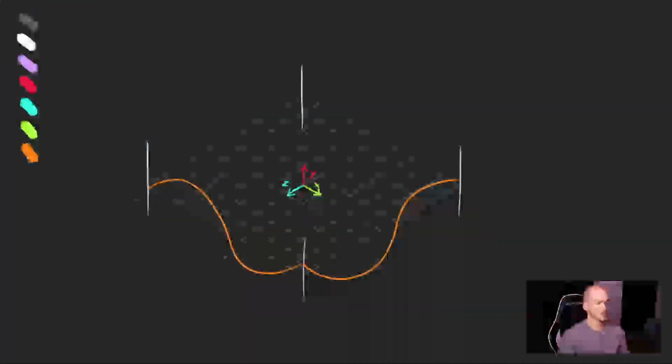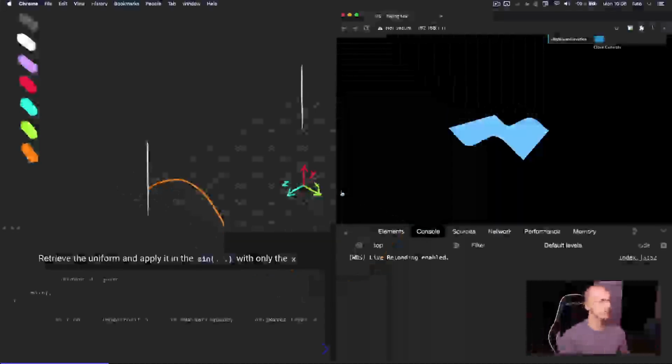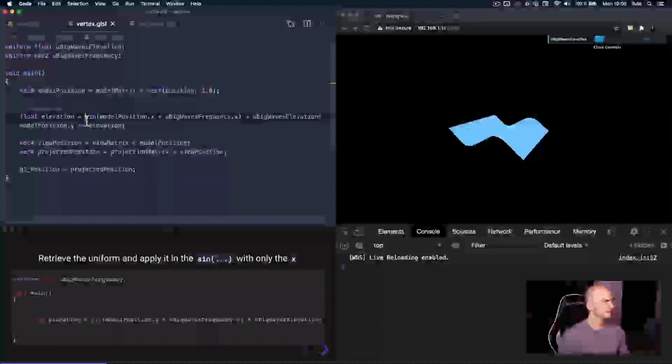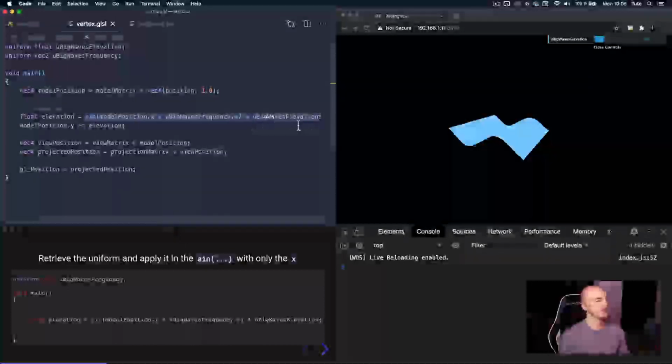As I said, currently we only have the X axis doing that. We need to do it on the Z. So we can do exactly the same thing. Hang on, it can be quite long. We are going to refactor this. But the idea is to do exactly the same thing. And because we multiply at the end by big waves elevation, whether it's for the X or for the Z,